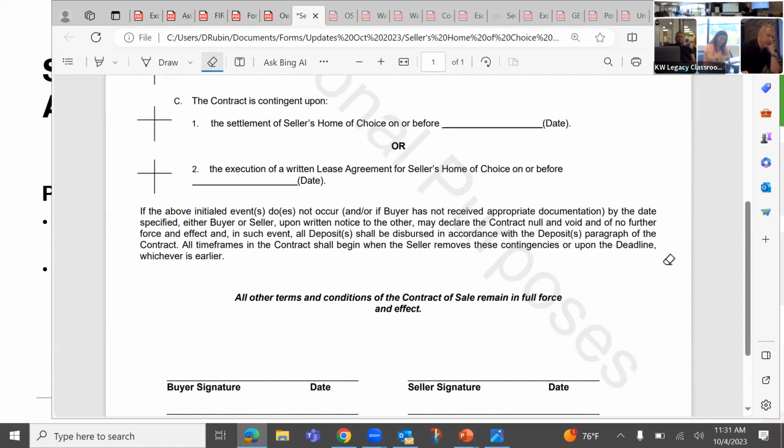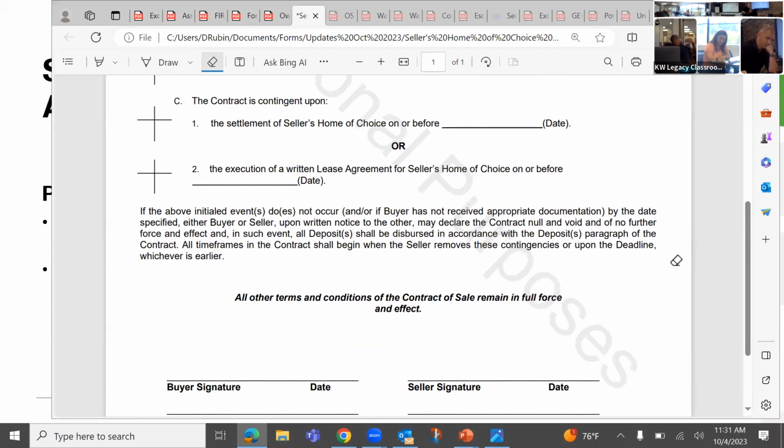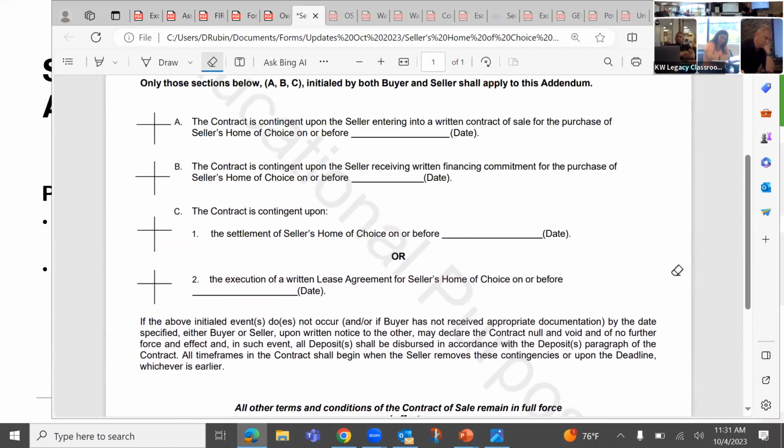or on the deadline. Like, as a buyer, I don't have to pay for inspections or make deposit my EMD or essentially do anything until you tell me that you found a place, and then that's when my timeframes begin. And then it doesn't state that the removal of the contingency needs to be written notice or anything like that. Have you had these problems with the buyer side of the same document?